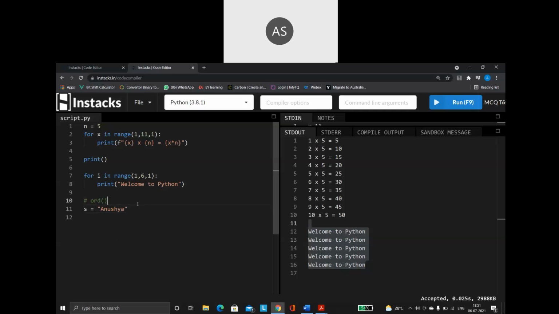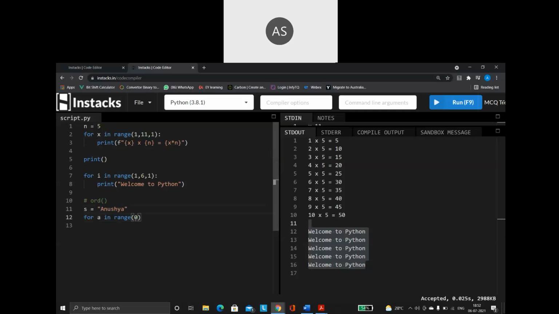So see what I am doing. I am saying for, say some variable name, let us take the variable name as a, for a in range of. Remember always what the starting index position is. You know that a string is stored based on indexes, so the starting index position is going to be 0.